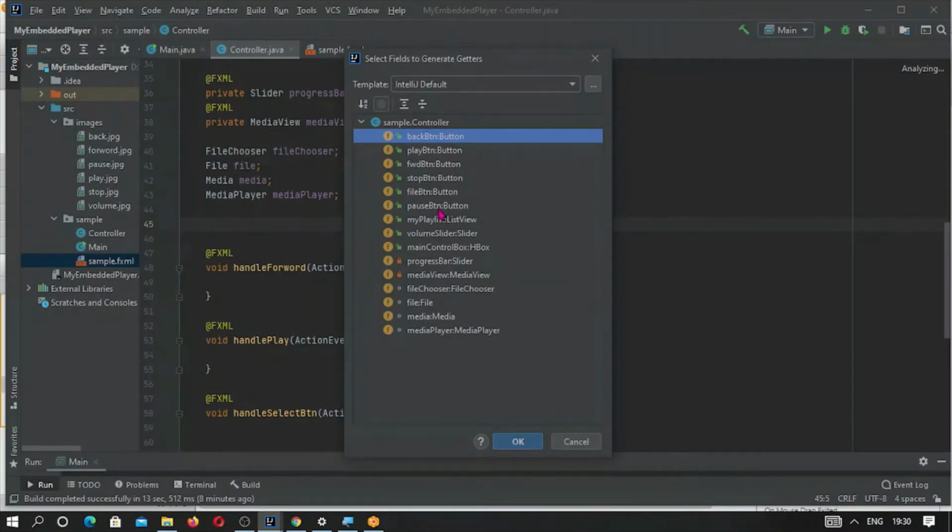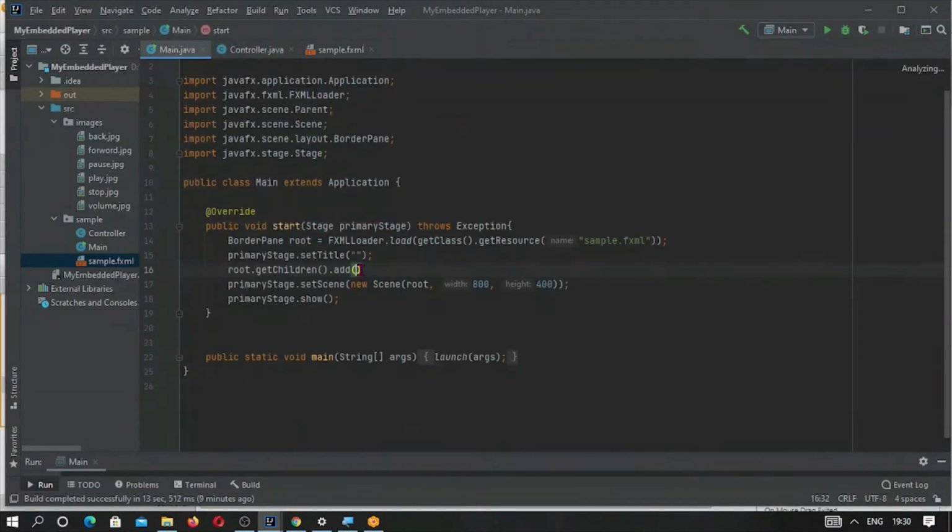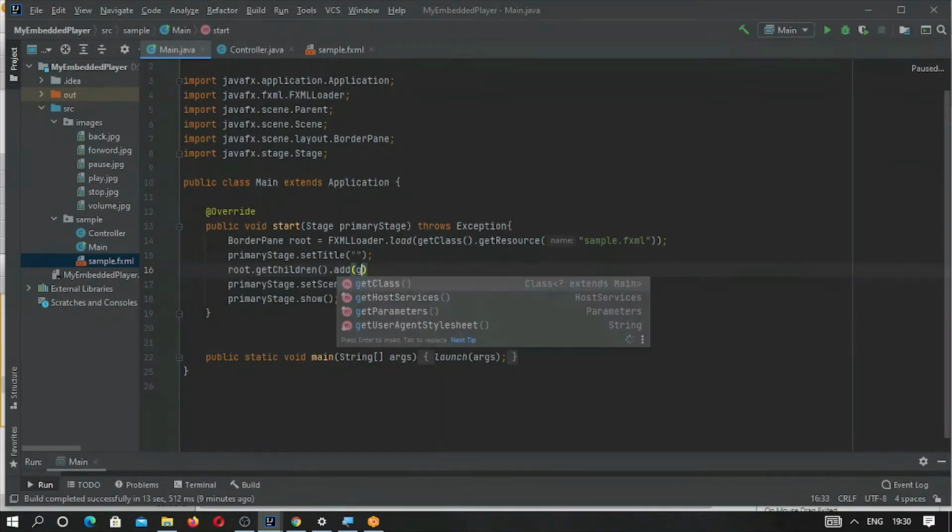You can select this volume slider and this media view. Now this getter method is public, and the media view object it will return. Here we can write getMediaView.